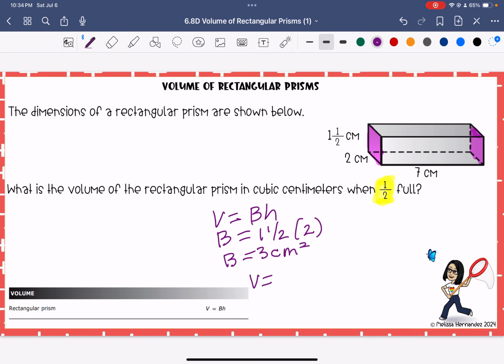Now I'm going to plug in the 3, which is my area of the base, and then that's my height, and I'm going to divide at the end. So 3 times 7 is 21. Now, half of 20 is 10, and then half of 1 is half, so it actually is just 10.5